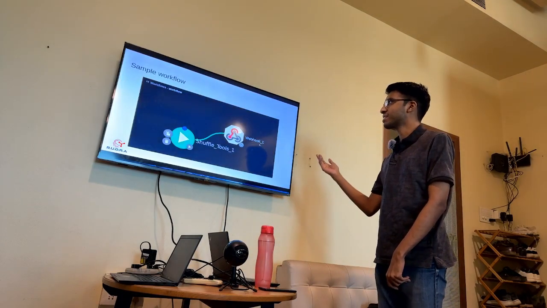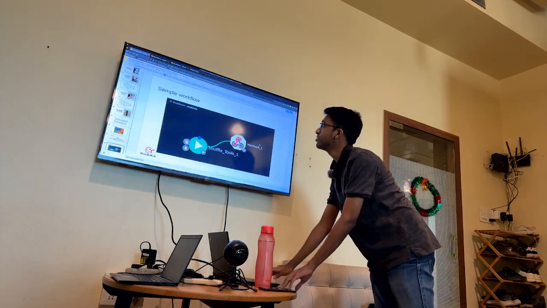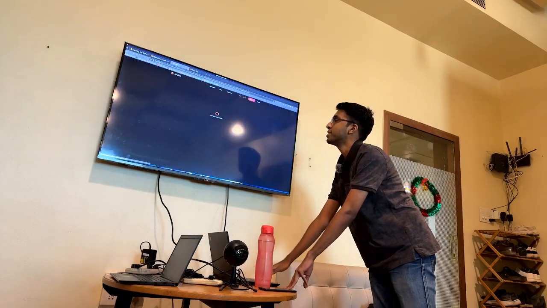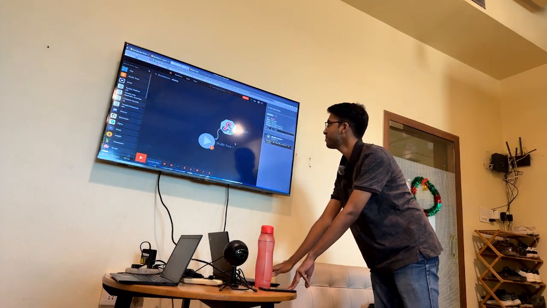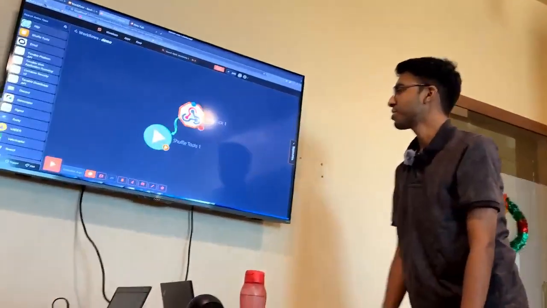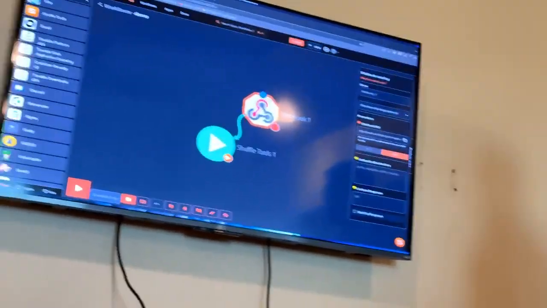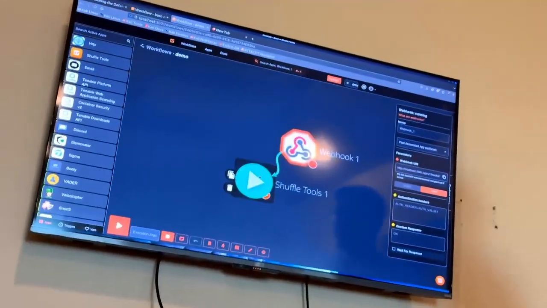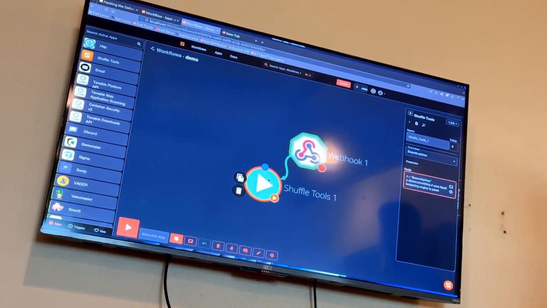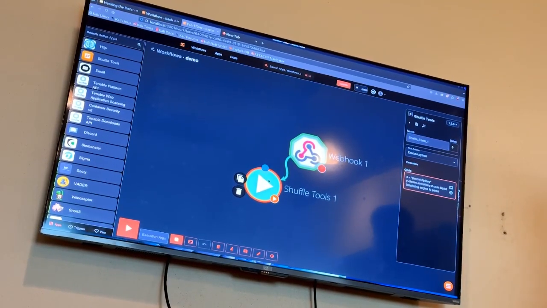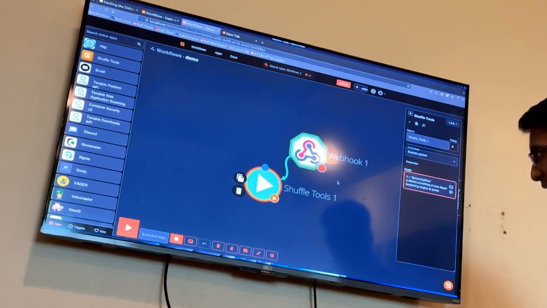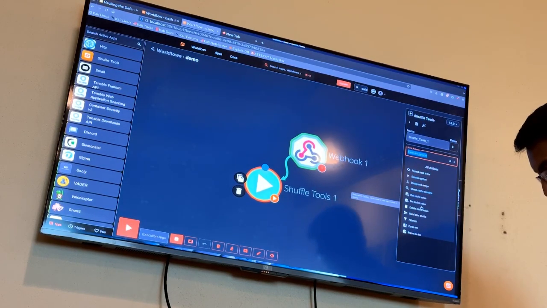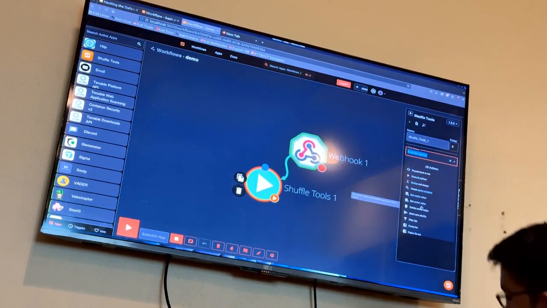And let's actually take a look. At this point I'll go to my examples. So this is Shuffle, right? Right now I have launched it locally. Over here you've got two things. You've got a webhook. A webhook is basically an API endpoint you can hit with whatever data you need. And you've got this thing called Shuffle Tools. Now Shuffle Tools gives you a bunch of options as to what you can do with it. You can execute Python, you can check for certain values, you can parse data, you can send an SMS, you can do a bunch of things.